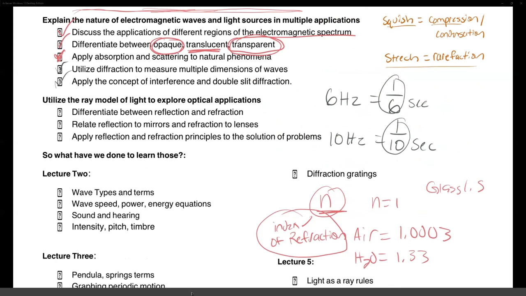So differentiate between reflection and refraction. We said reflection was when it bounces off, right? And refraction is when it goes around or is moved by an object, or gets pushed through a hole, right? It's refracting. It's acted upon by an outside force, kind of. Think about it that way. We can relate reflections to mirrors and refraction to lenses. So lenses refract light, like I said, because they move it. So if it goes through a lens,